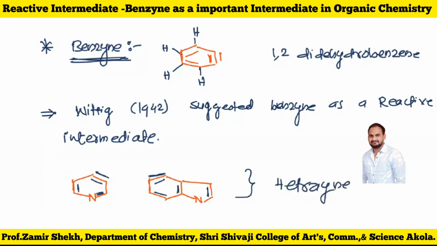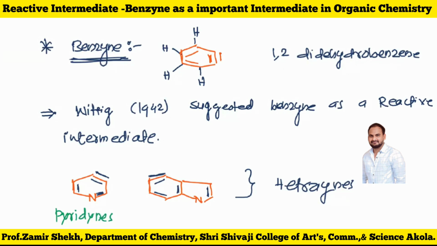So what are hetarynes now? Again, the removal of two hydrogens from some position generates the hetaryne, but there are heteroatoms now. So the first example is pyridine. You know that it is derived from pyridine, so that molecule is called a pyridyne. What is the name of this first molecule? This is pyridyne.